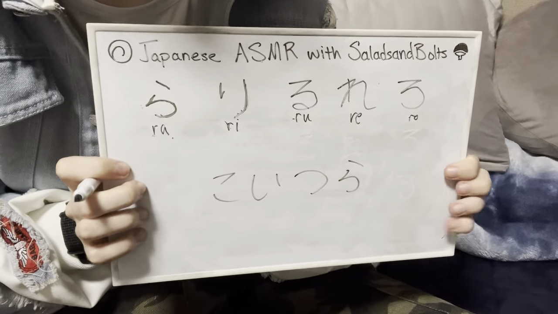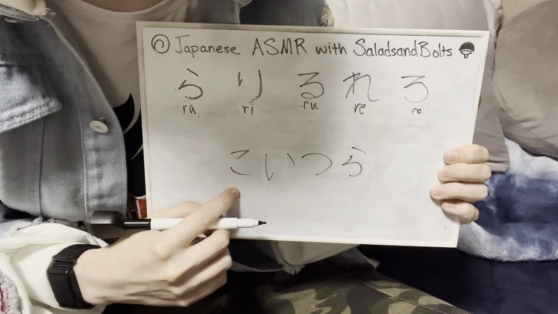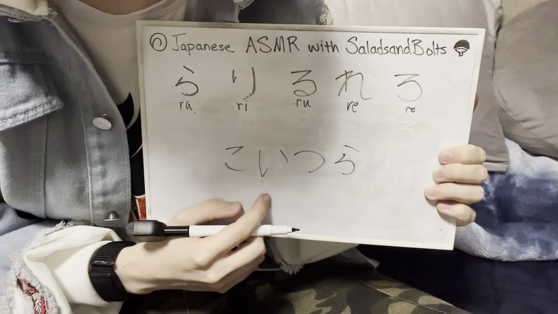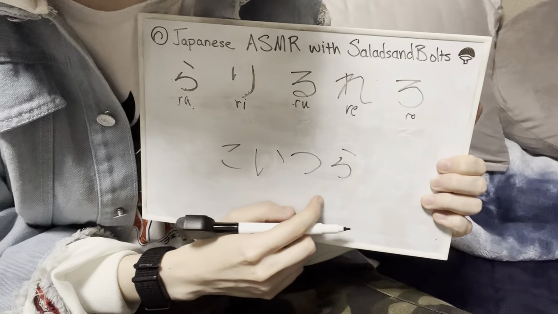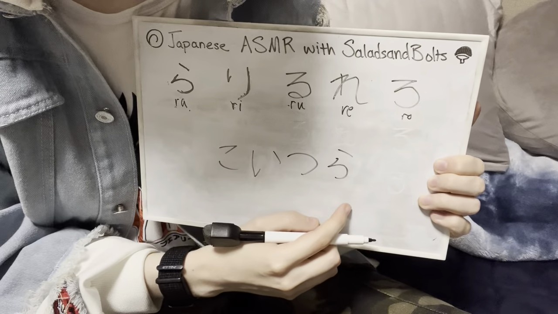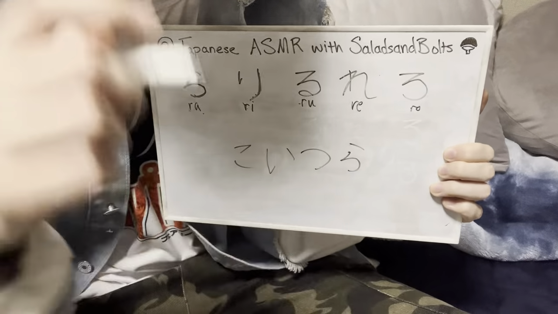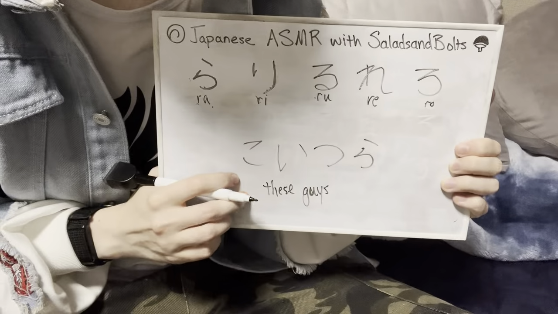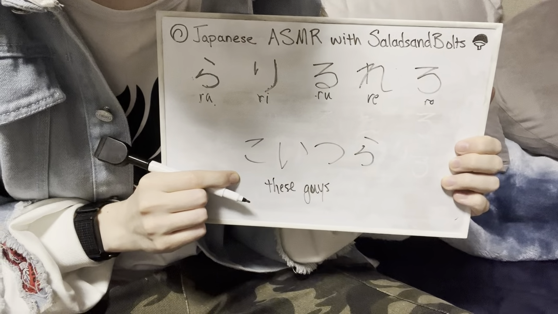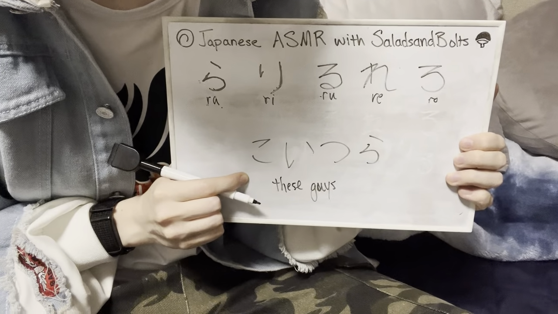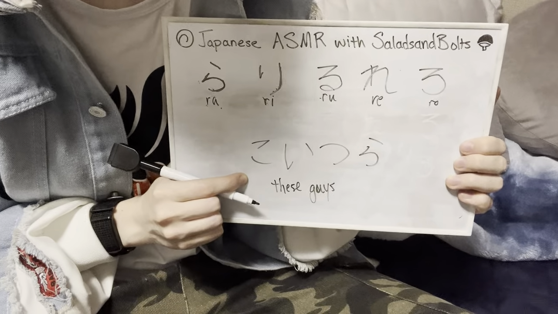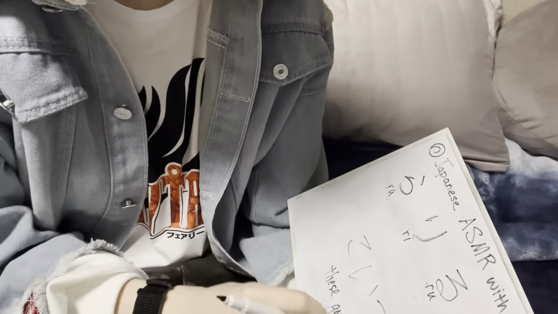Your next word is this. Ko. I. Tsu. Ra. Koitsura. So koitsura means these guys. If you said soitsura, it means those guys. And if you said aitsura, it means those guys over there. And then the last one is,